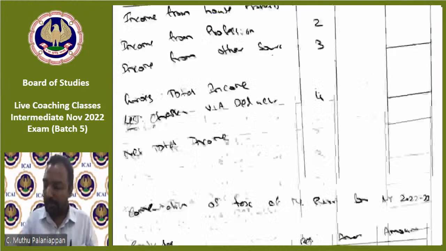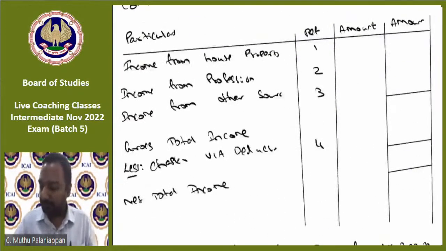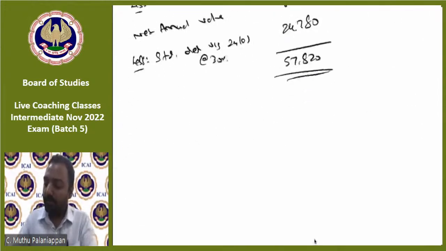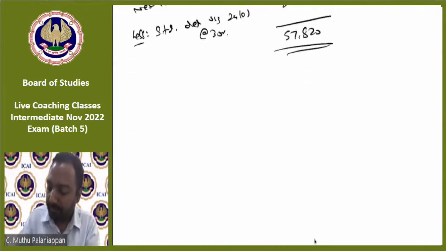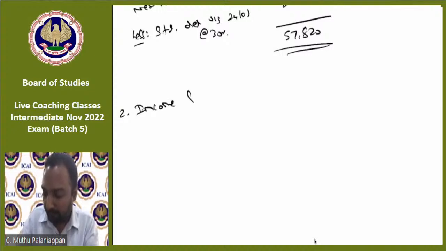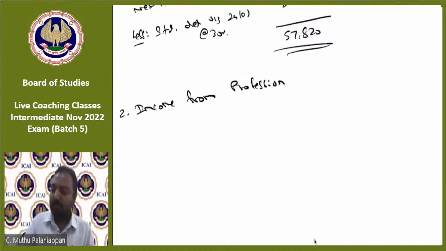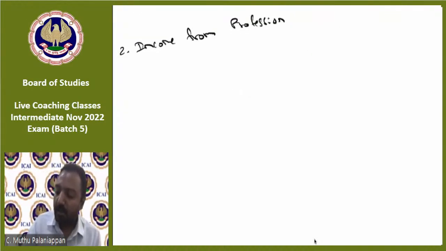57,820. So this is taken to the figure here. 57,820 is from your house property income. And now we'll have to go with income from profession. So note 2. Income from profession. So this income from profession, you start with particulars,